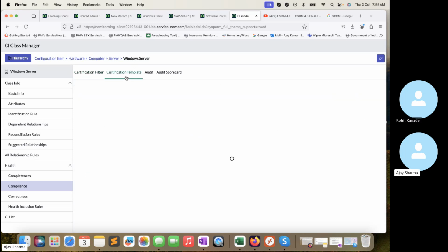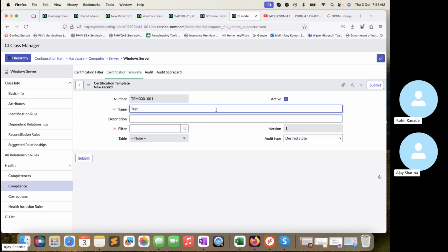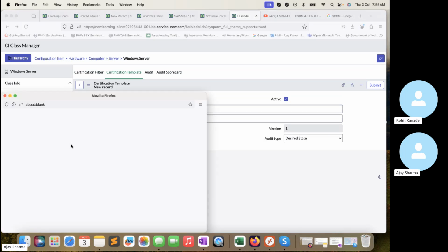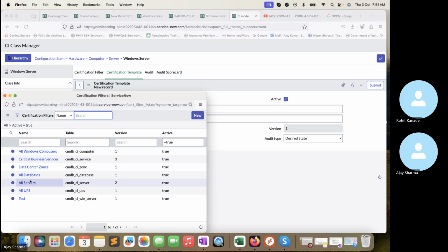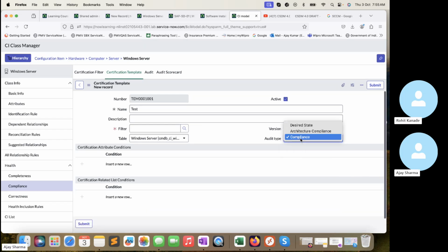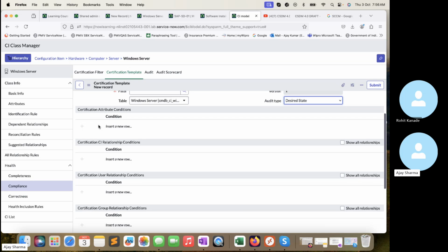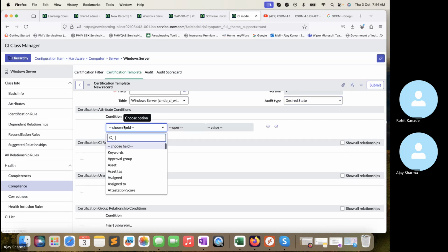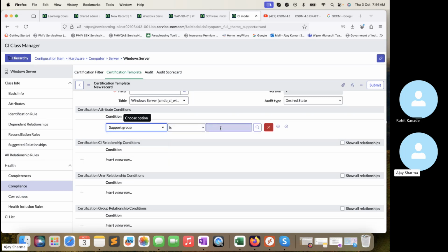Now we need to configure the certification template. Let's configure this one. Let me do that, test. We need to select the filter. I just created test. Desired state, architecture compliance, and compliance. Let's put desired state, out of the box. What condition? Certification attribute condition. If I just want to put, right, I'm just putting support group is